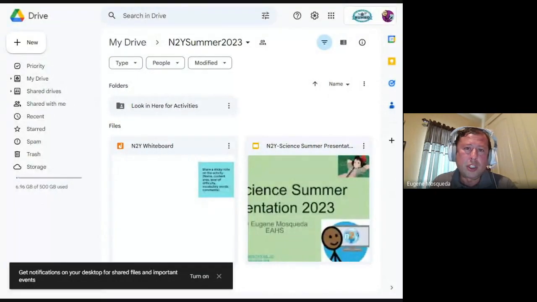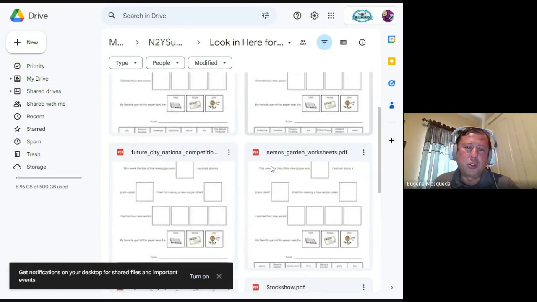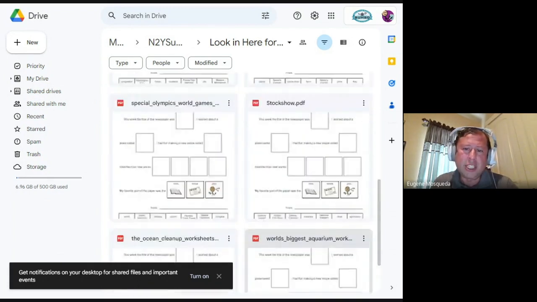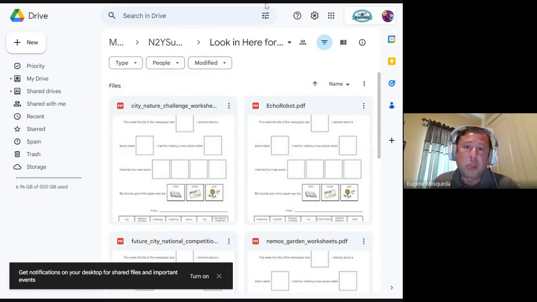The drive will look like this. And you would look in here for activities. And I've downloaded 1, 2, 3, 4, 5, 6, 7, 8 activities. If you can just open it and find the science activity and just see how difficult it would be to implement. Any comments? I think they're super easy and they're set up for you. I mean, it's awesome. The only caveat is that those activities do not stay on the website. So as soon as they come in, you have to download that packet.